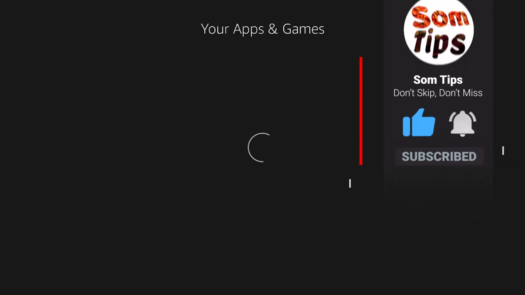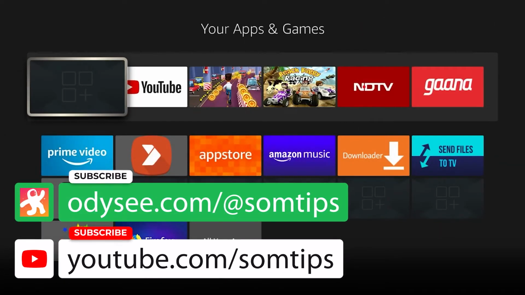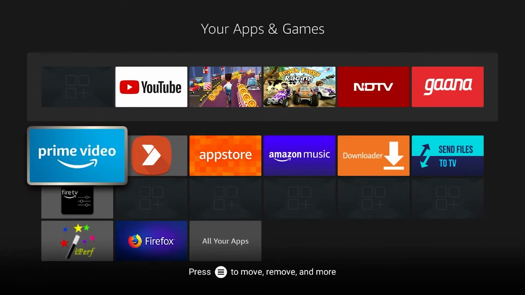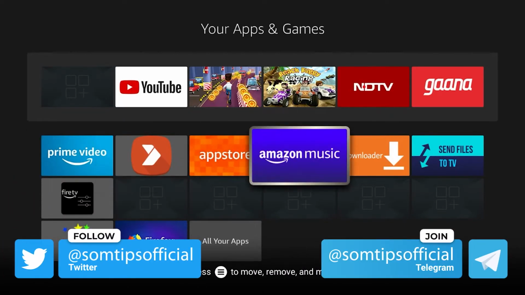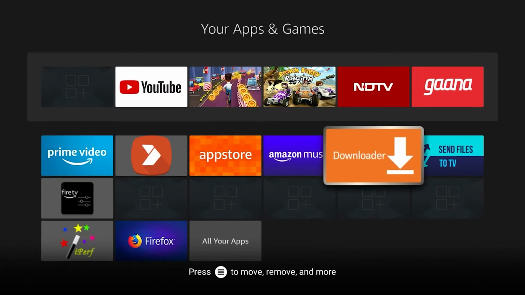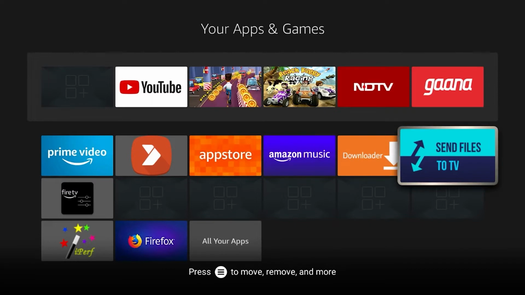Here you can see on the screen, if you click on all apps, some apps which are available on the Amazon store will be showing up there, but the other sideloaded apps' names are not there and the app icon is not there, just a black square icon. So in this video I am going to talk about how you can change the default home launcher of Fire TV Stick devices and install a custom launcher. So let's get started.